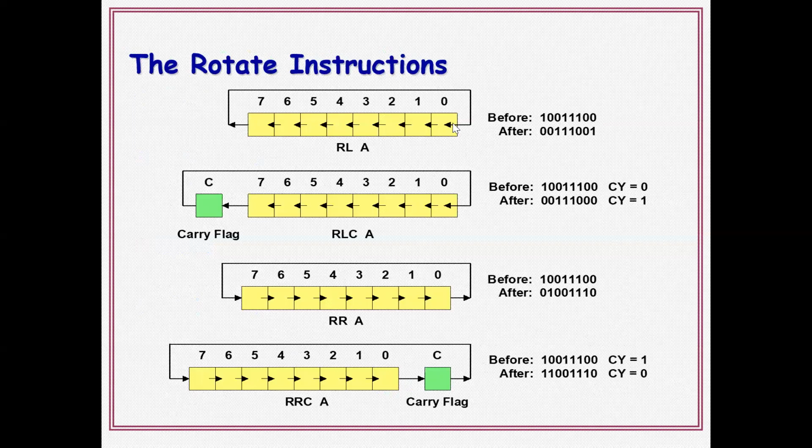So it is rotate left, 1 bit is rotated towards the left. So the 0th bit position is shifted towards the 1st bit position like that. The 7th bit is shifted to the 0th bit. Here without carry; here with carry, called RLC. In this case, the 7th bit, the MSB, is copied into the carry flag and the carry flag is copied into the 0th position. And next one, RR, so the LSB is copied into the MSB. In the case of RRC, the LSB is copied into the carry flag and the carry flag is copied into the MSB.